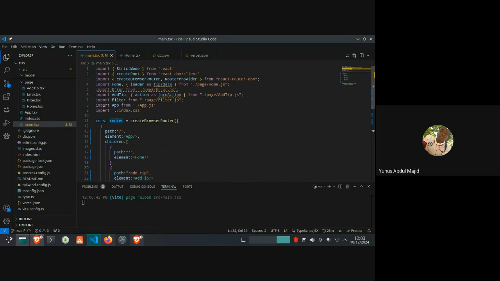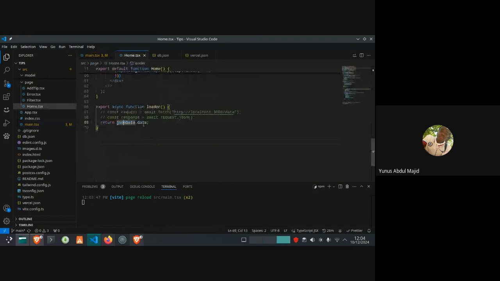I only need to call it in the app component, because all the other routes are child components to the app component. So I'll only call it once, and across the entire pages, they will also have access to this particular data.